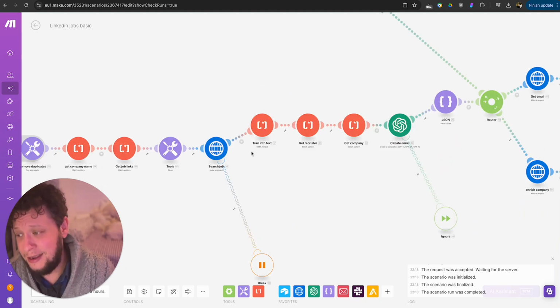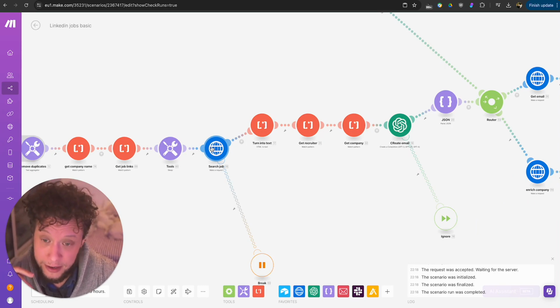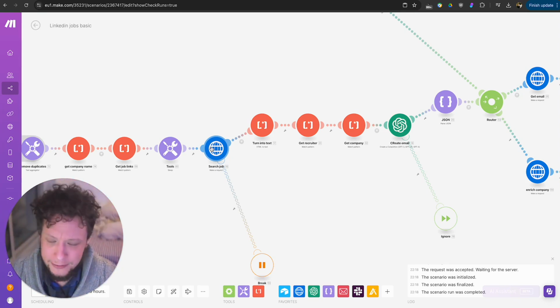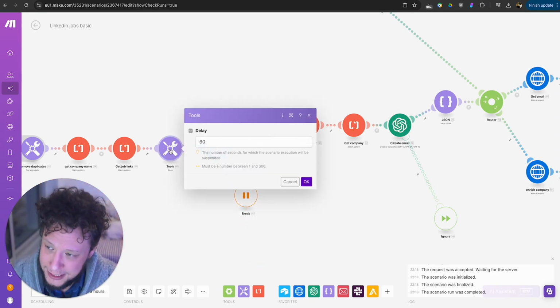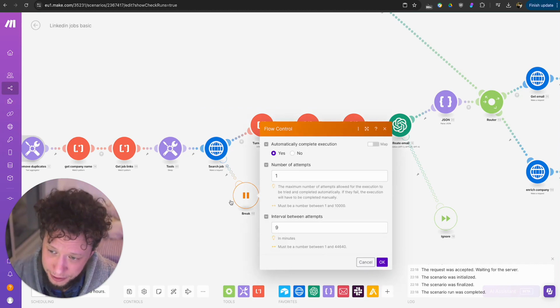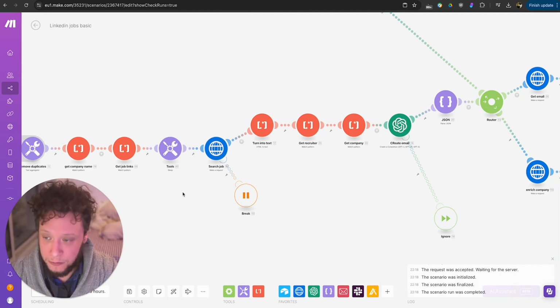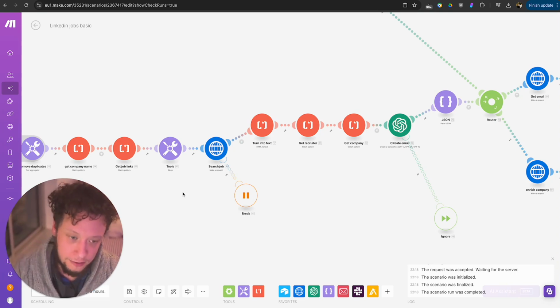And then the main thing, I would figure out either how to use proxies within Make in order to make sure that every time I'm making a HTTP call, it's coming from a different address so that LinkedIn doesn't massively limit the amount of calls I can make. Or I would figure out a more elegant solution than I have, where I just have a sleep function and a break function that essentially puts me in this eternal spiral of like, all right, this is a 200 code, good to go. This is 429, put it into break, retry after 15 minutes, over and over and over, which